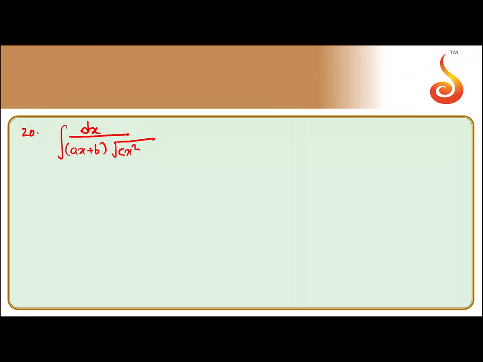Now I'll discuss some problems in general, what you have to do if it is given in this form. Linear is outside, quadratic inside. We substitute the whole linear part as 1 by t. So linear outside, quadratic inside, we always take the linear part ax plus b as 1 by t. So this is all expected.